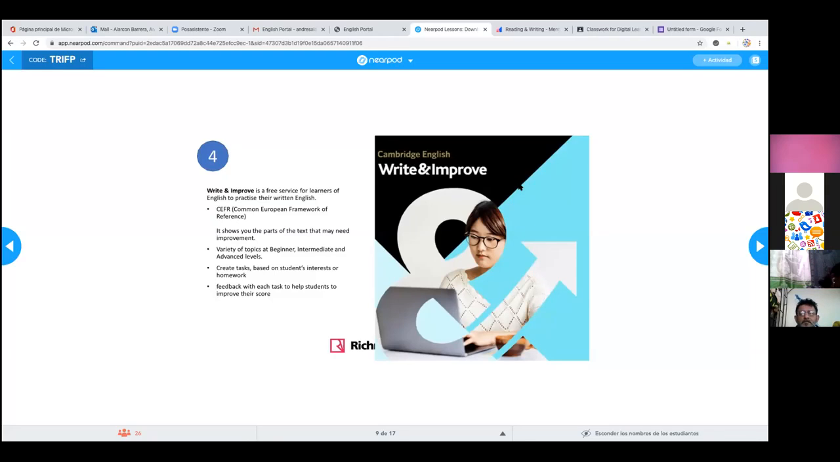This tool allows you to work with different writing tasks, okay, for every single level, and with really appealing topics for the students, really interesting topics for the students to write about. With this website,